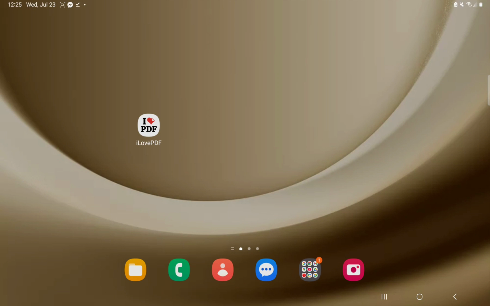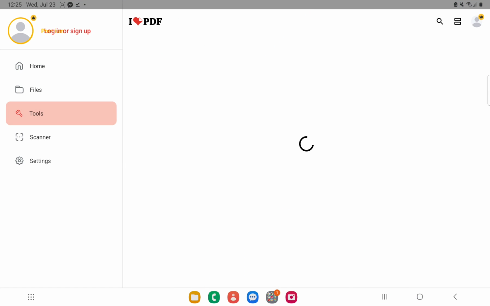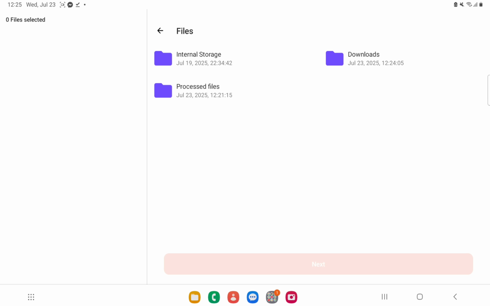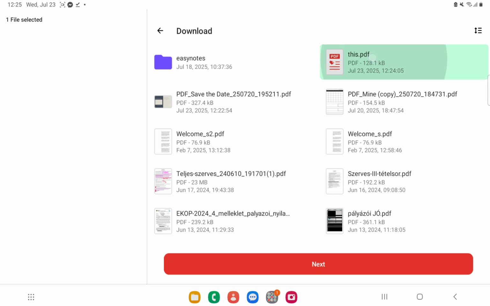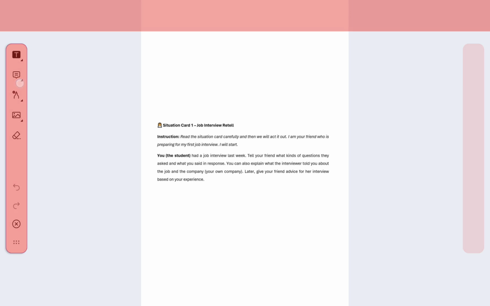Hi everyone! In this quick tutorial, I will show you how to add an image to a PDF file using the ILovePDF app. So we open the app and go to the tools and then tap on the Edit PDF button. Choose a file. We would like to work with PDF file, and then you can see this toolbar on